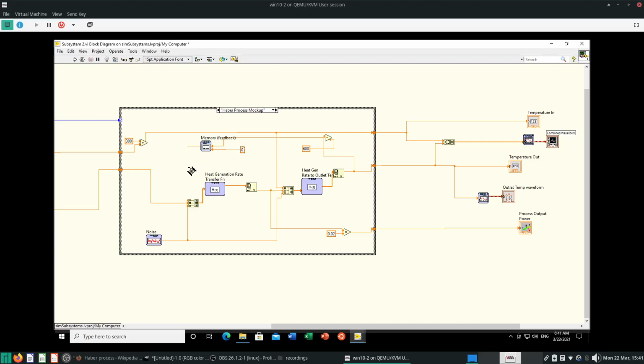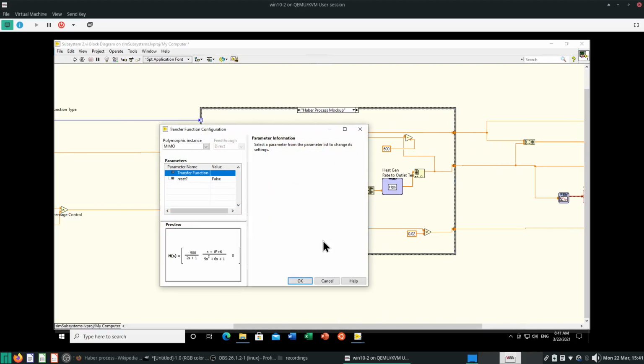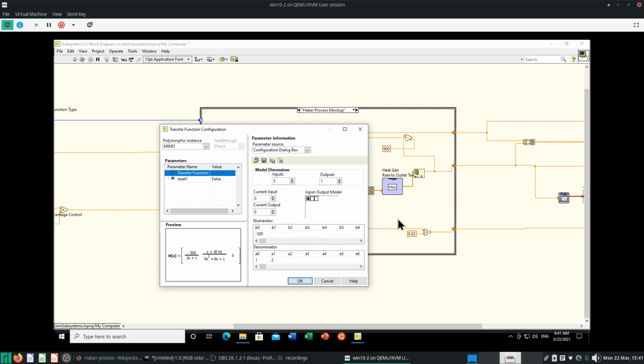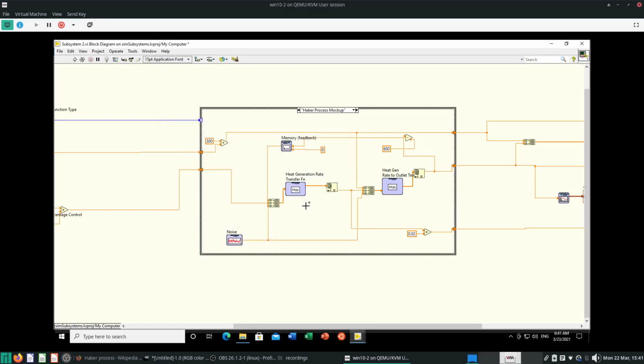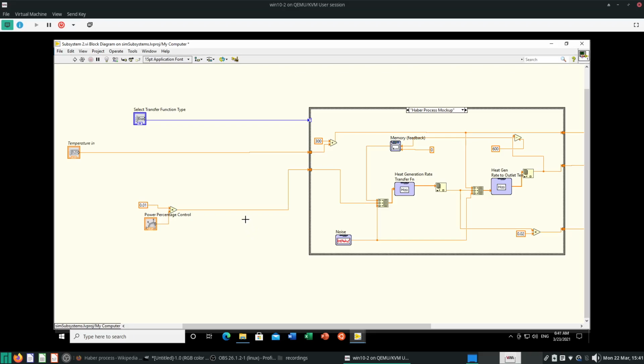So what this does is that it takes the inlet temperature and outlet temperature and feeds it back into another transfer function here. So what is this transfer function doing? This transfer function is here to represent the heat generation rate. So what affects the heat generation rate? One is the temperature of the reactor. Two is, of course, since you have power percentage control,